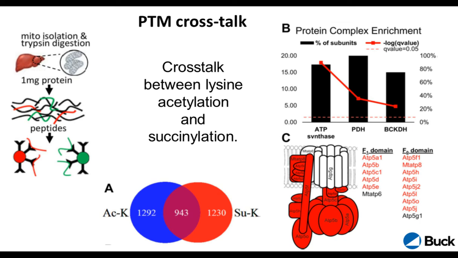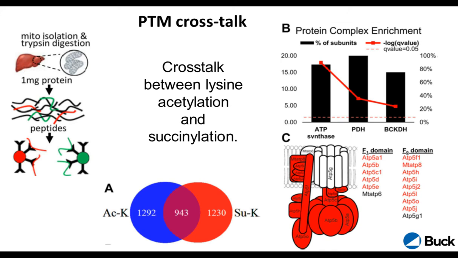We also assessed, and here you can see, fold changes in specific proteins, PDH or BCKDH or ATP synthase. On the right, you can see the log Q values, but also the Q values and the log fold changes. What was really interesting in this particular experiment from the mouse mitochondria is that we would see many sites on complex 5 of the electron transport chain complexes. In red were subunits that we saw either succinylated or acetylated.